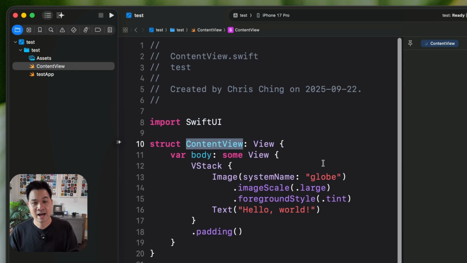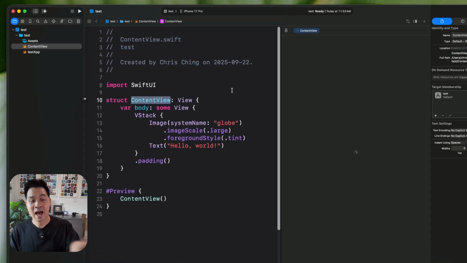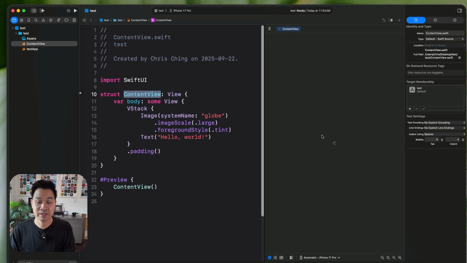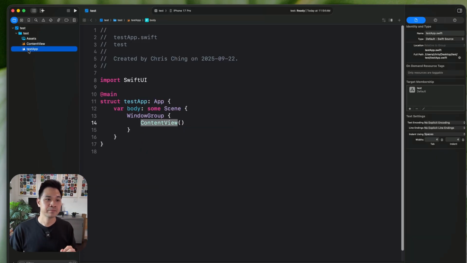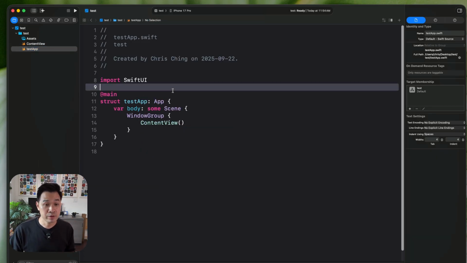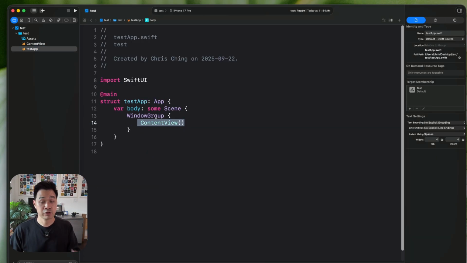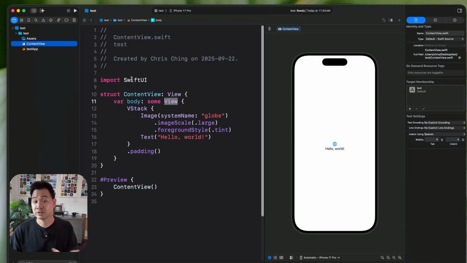Then notice that this code file actually opens up the canvas here because there's a view. You notice the keyword view here. Don't dive too deep into it. I just wanted to explain what these different files are. This is actually a screen in your app. So if you just take a step back, this is the app launch point, and it creates a screen. This maps to the screen. This is what the user is going to see at this point when they launch your